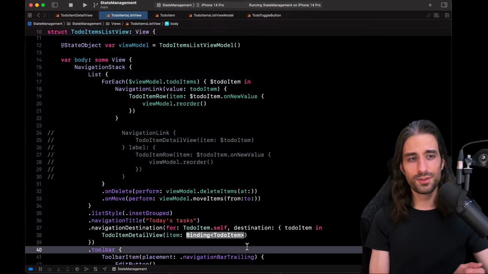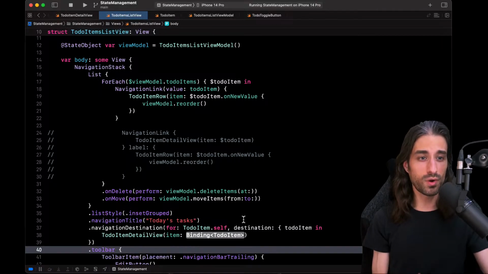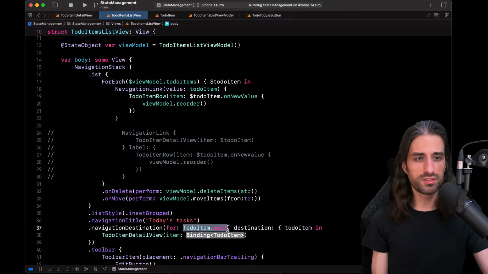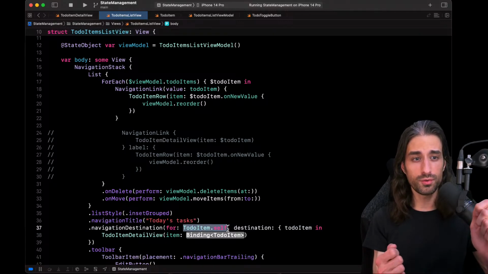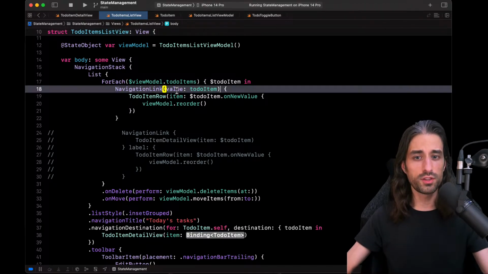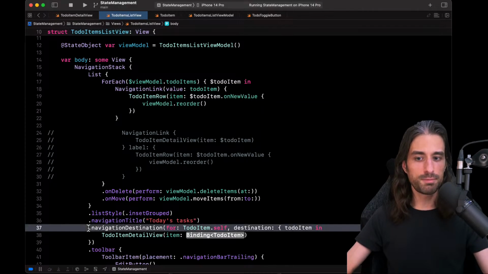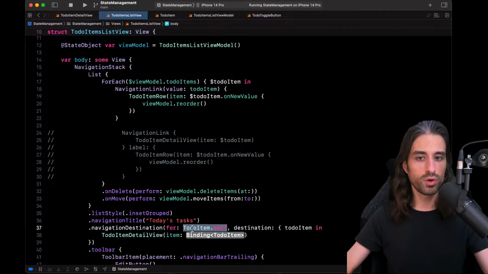But there are still a few tricky things. The first one is not a tricky thing, but more something to be aware of: we use the type of the value we pass in navigation link as a way to link these two pieces of code. So this piece of code right here and that piece of code there are linked by the fact that this piece of code expects a to-do item and this piece of code provides a to-do item.